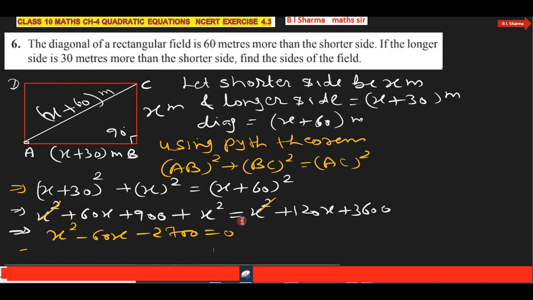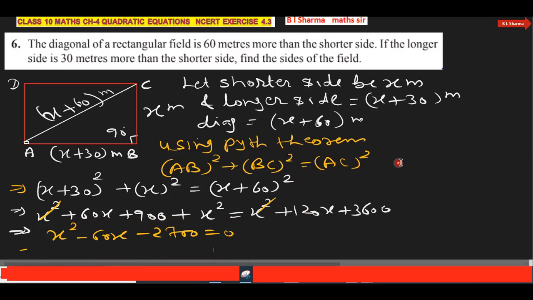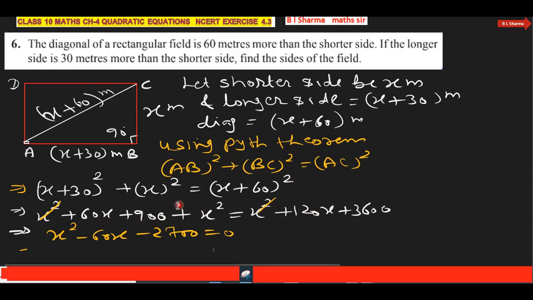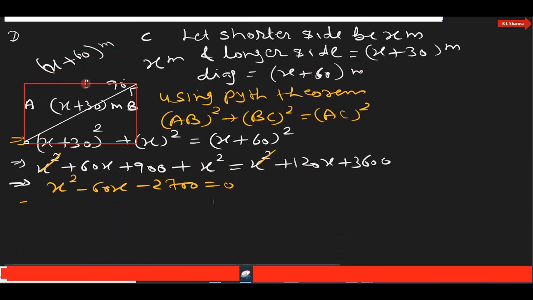अब इसको हम सोल्व करेंगे बाय द मेथड ऑफ क्वाड्रेटिक फॉर्मूला और बाय द फैक्टराइजेशन मेथड, जो भी इजी लगे. मैं यहाँ पे आपको इसका फैक्टराइजेशन मेथड से करूंगा. एंड वी नो द प्रोडक्ट ऑफ द टू नंबर शुड बी 2700 एंड द डिफरेंस शुड बी 60. तो 90 एंड 30, 90 और 30 का प्रोडक्ट 2700 है, 90 और 30 का डिफरेंस 60 है. सो वी कैन राइट हियर